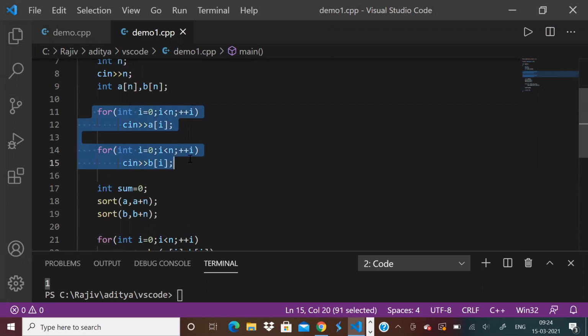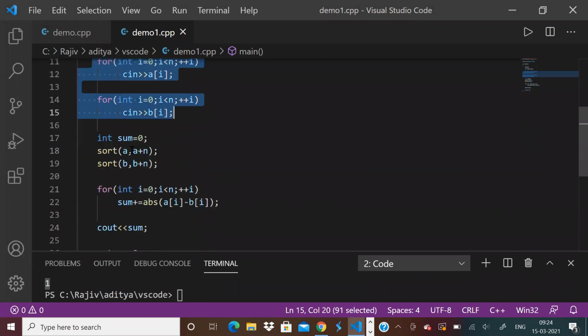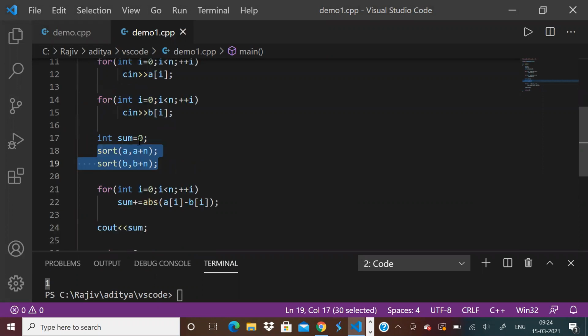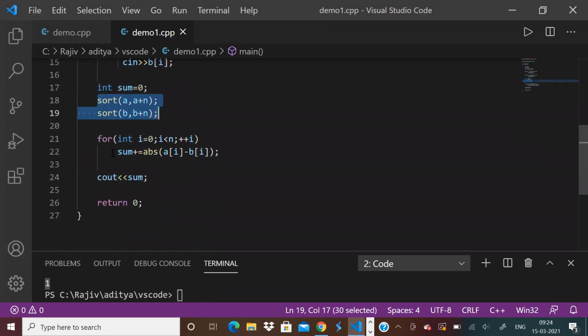Just take the 2 arrays A and B as input. After taking the input, what should we do? Let us keep a sum variable. Let us sort both the arrays. Okay, so after sorting both the arrays, just find the summation like this, abs of A of I minus B of I. This will give us the minimum sum required.